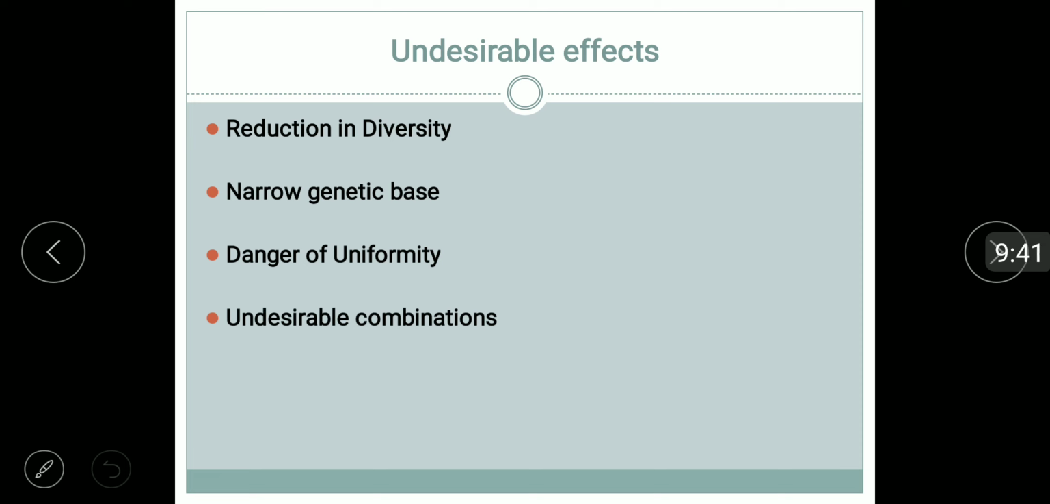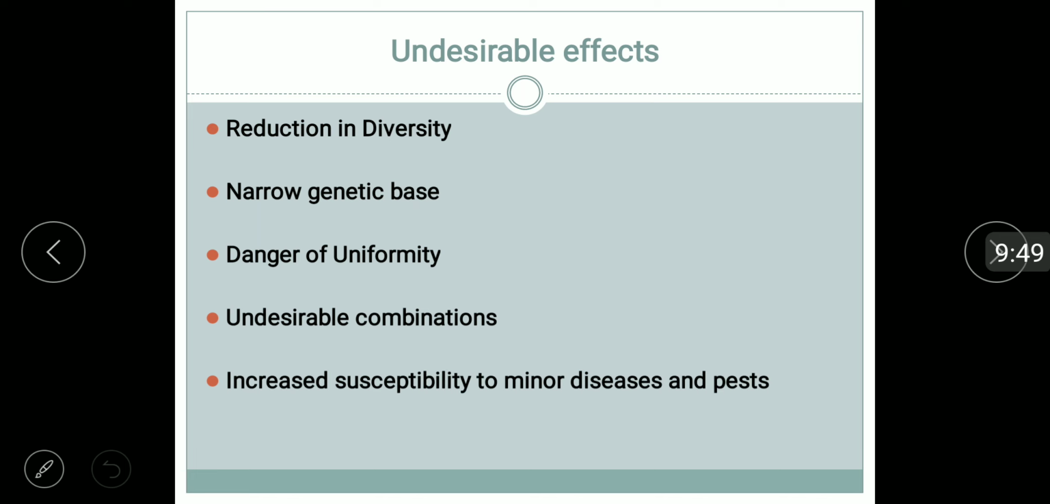Undesirable combinations: if you transfer any of the genes, many undesirable combinations may occur. Increased susceptibility to minor pests and diseases, as I said. Reduced diversity, narrow genetic base. These are all causes that increase susceptibility to minor pests and